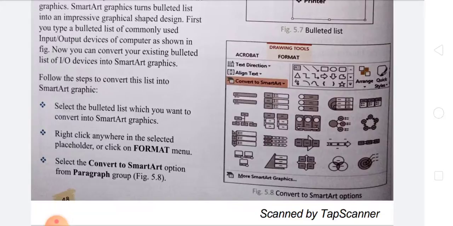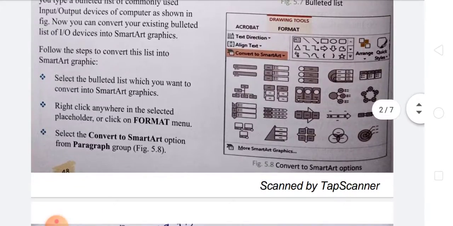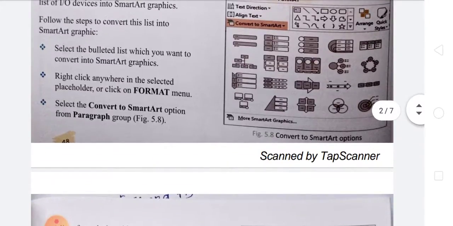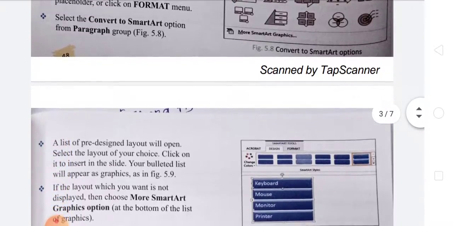First, select the bulleted list which you want to convert. Then right click anywhere in the selected placeholder, then click on the Format menu, then select the Convert to SmartArt option from the Paragraph group.